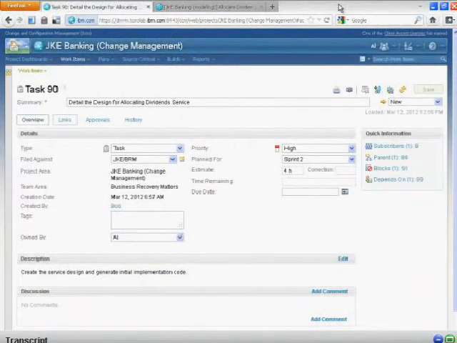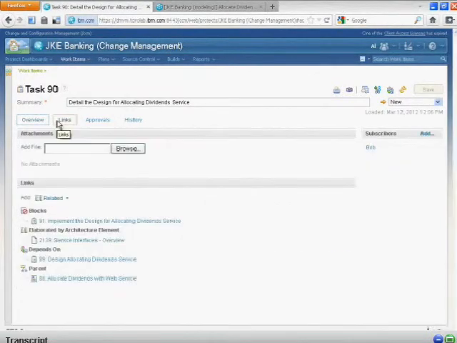Now in this last part of the demo, we're still Al, the solution architect. It's a little bit later on in the project, still in Sprint 2 though, and Al's been working away at task 90, which is the detailed design for allocating the dividend service. So here we can see the work item 90, and if we go over to the links tab again, we can see the traceability. This work item here is actually blocking work item 91, which is the implementation of the